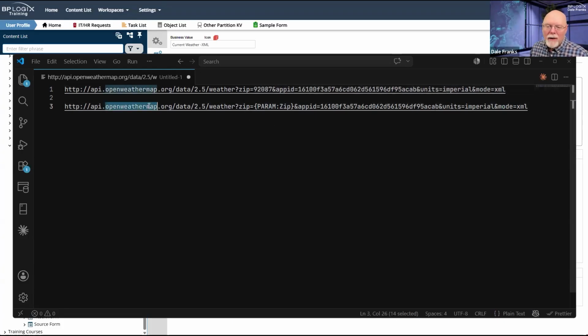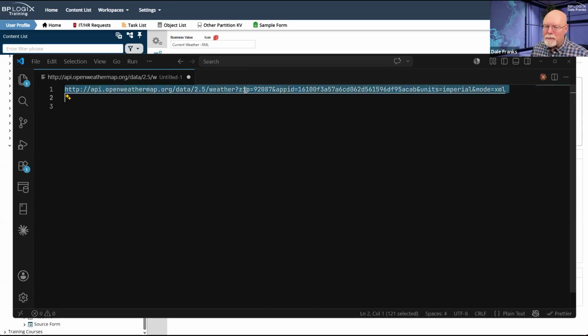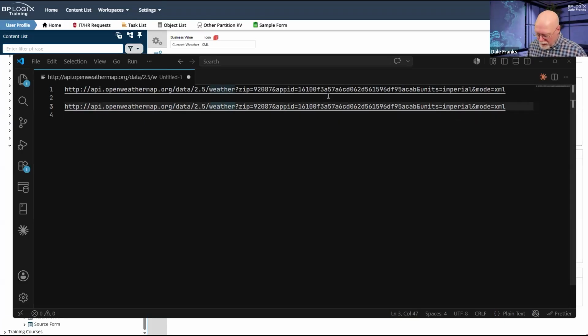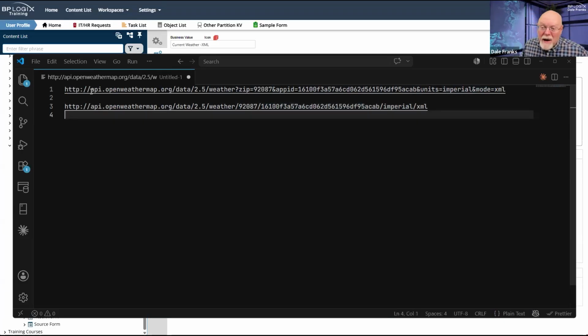Now let me copy and paste that again. The second way is, like I said, to change the URL. So it might look something like this. Still the same thing, really.